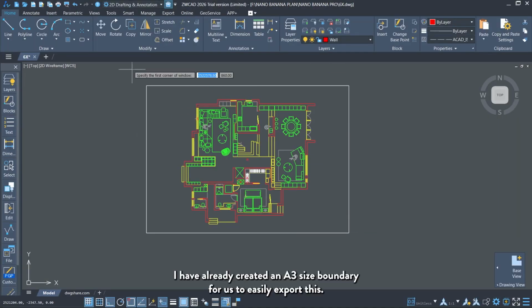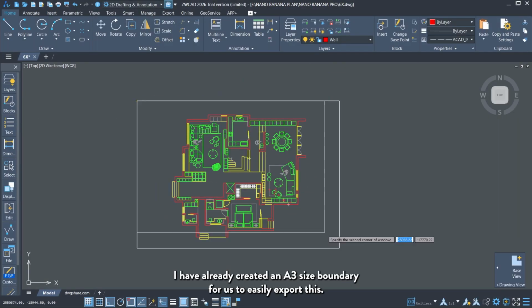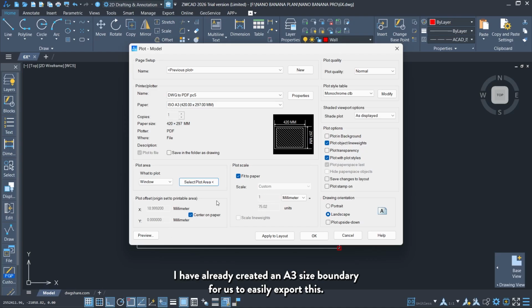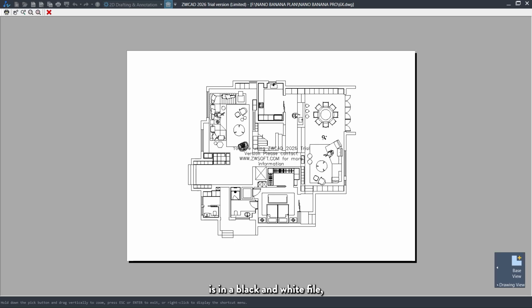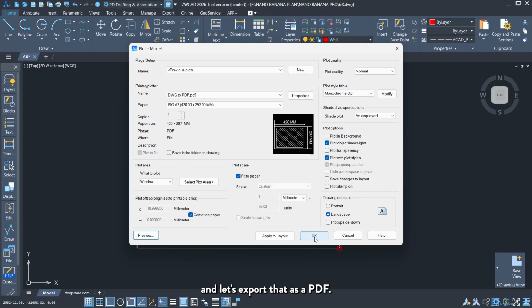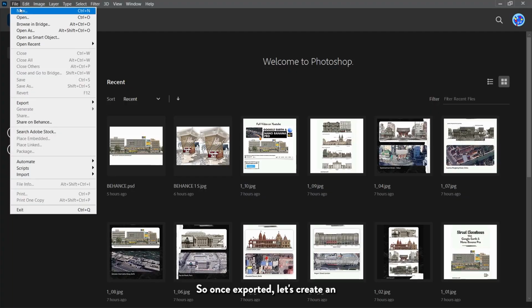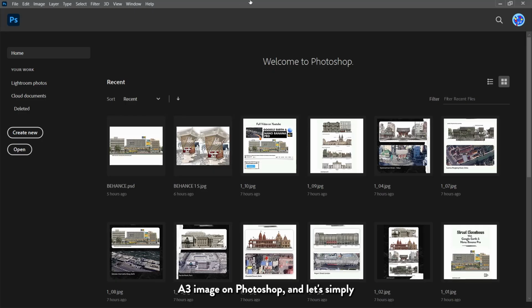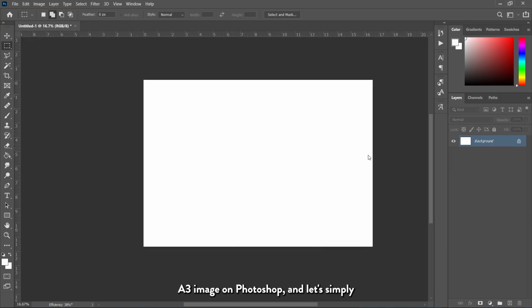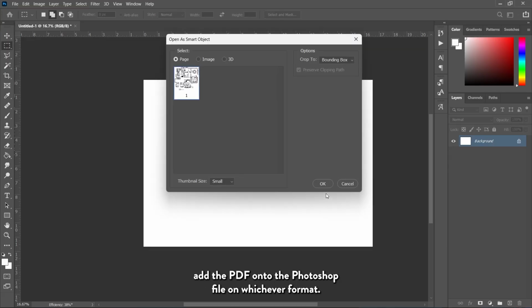I have already created an A3 size boundary for us to easily export this. Let's make sure that everything is in a black and white file, and let's export that as a PDF. So once exported, let's create an A3 image on Photoshop, and let's simply add the PDF onto the Photoshop file